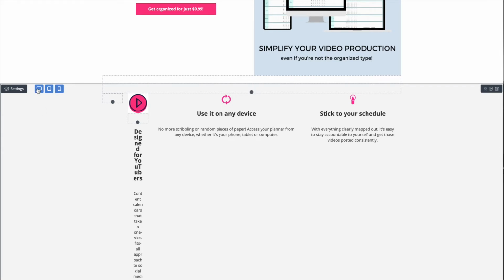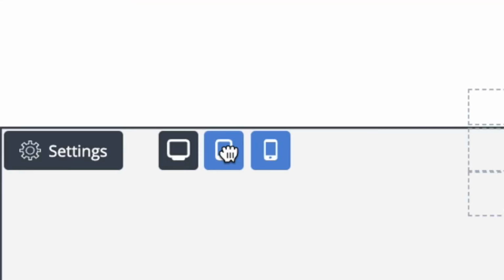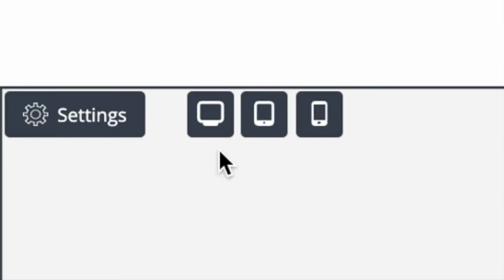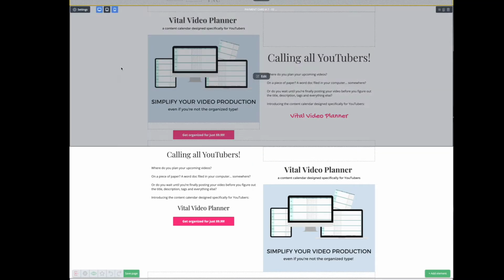So what I'm going to do right now is turn this off completely. One of the cool things about this web builder is you have the ability to turn a section on for your computer, for tablet or mobile, or completely turn them off when they're in black. Up here, you might notice I have two sections that look very similar.